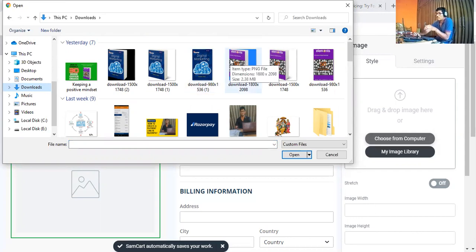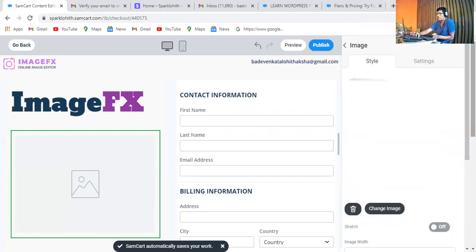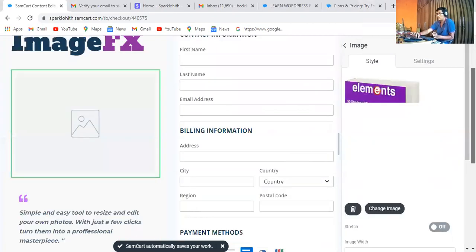I'm going to show the example of the elements of 50 Shades of Digital Marketing. I have already typed it as 50 Shades of Digital Marketing. Same with this one also, elements of 50 Shades of Digital Marketing. So I am going to select this image. Let's wait. After you have selected the image, see here all of you, look very carefully.